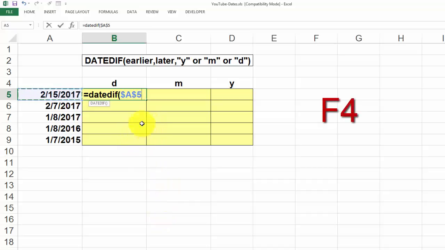And as I said, we want A to be locked. Now they are both locked, the column and the row indicator. So do F4 again. Now the row is locked, we don't want that. You want the column locked, but not the row. Comma. Then you want today function, comma, and then instead of typing a D, I'm going to use that D and that M and that Y,